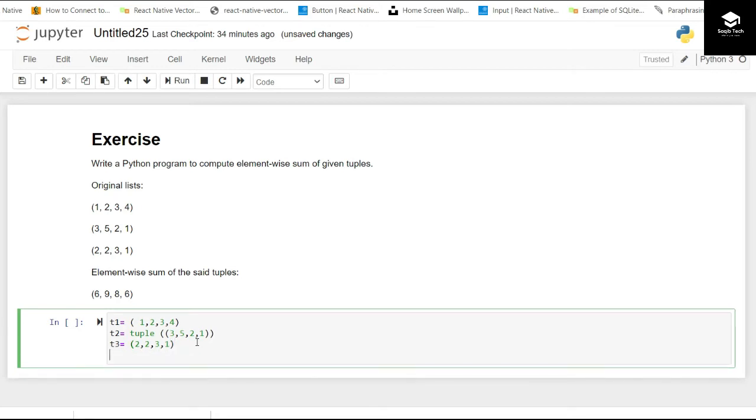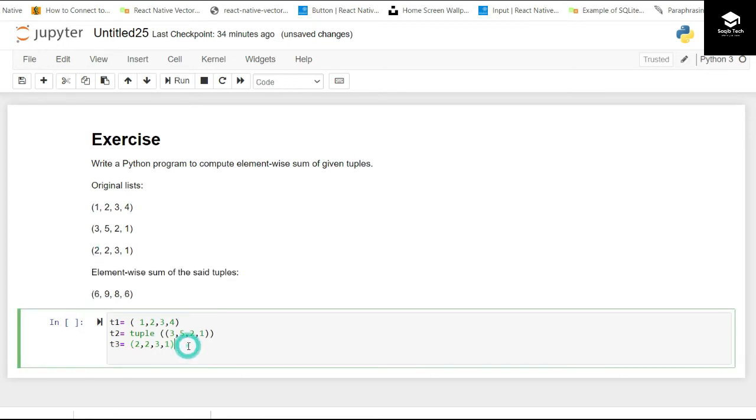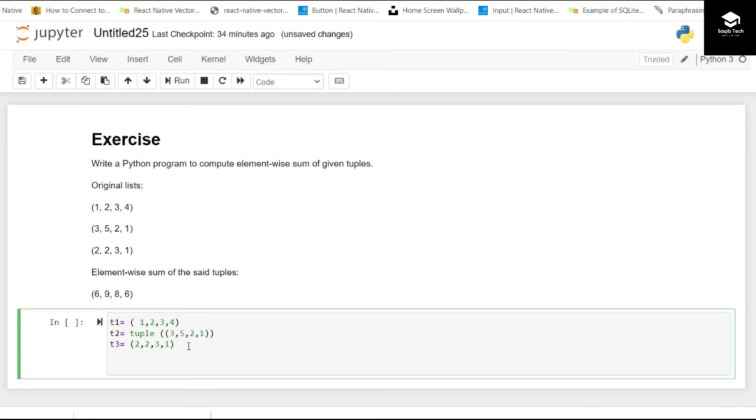So what we will do, we will be accessing all the elements one by one. For example, first we need to access the first element of each tuple and add them, and there must be a result, the last tuple. But I want to store it in a list using the append method. So last I am creating a list, L1. I will be storing the result in the list, and my logic is to convert the list at the end into a tuple. We can create an empty list using this, to store the result.